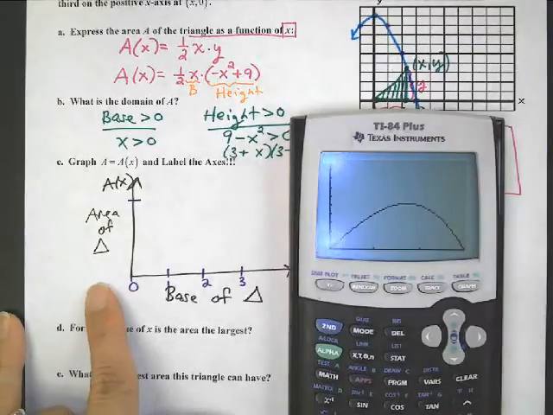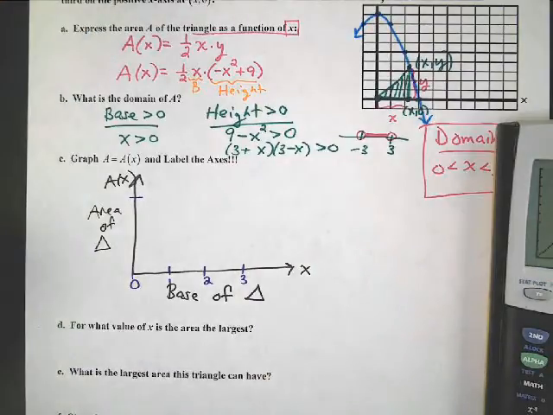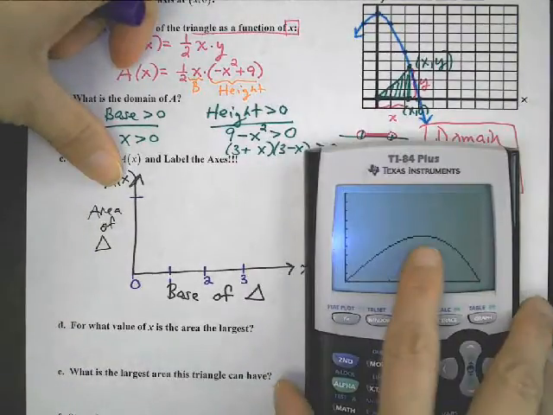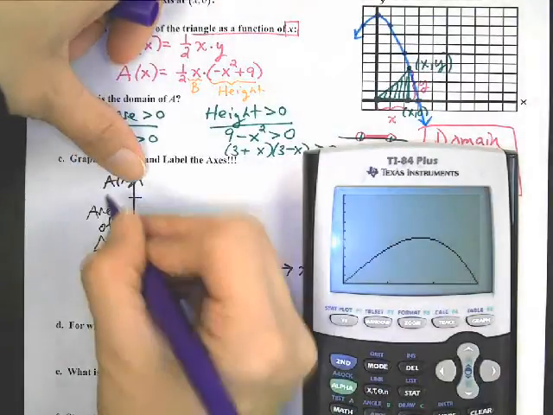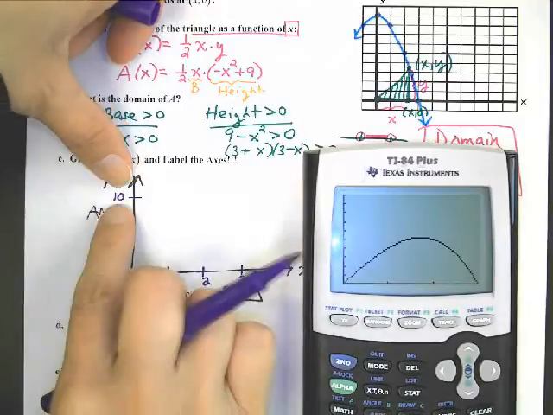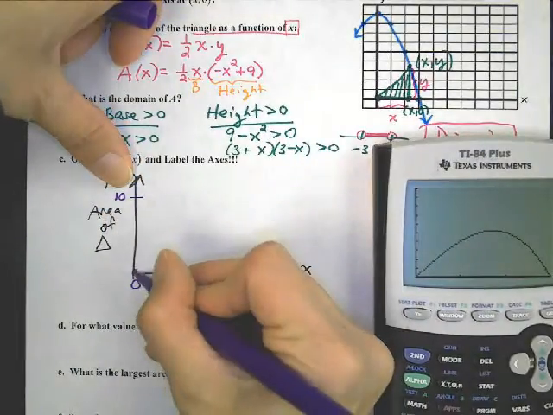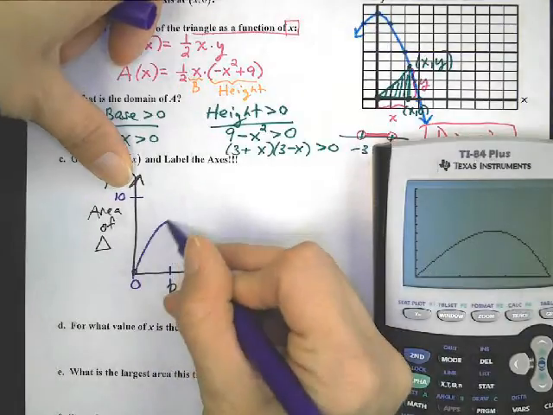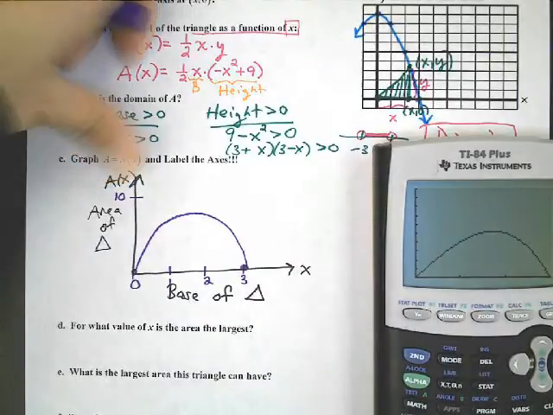It fits. 10 is certainly high enough. Now, if you said 20 or 30, that's not wrong. You have to say, well, higher than that. Okay, so at least, I don't know, was that like 6 or something? I went up to 10. You have to find that number from your calculator. The graph looks like this, has 0 area, gets bigger, comes back down, and oops, has 0 area